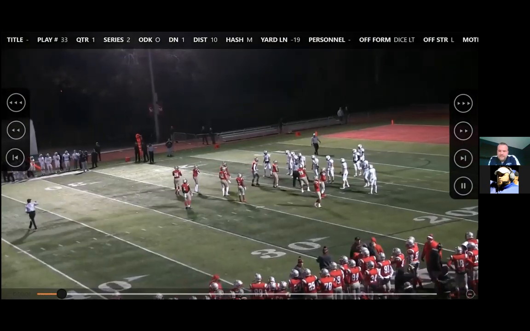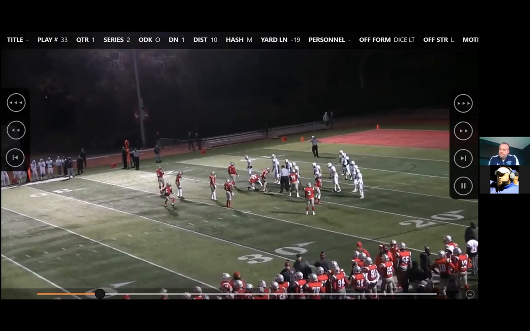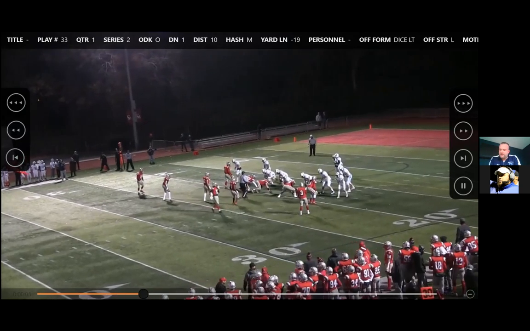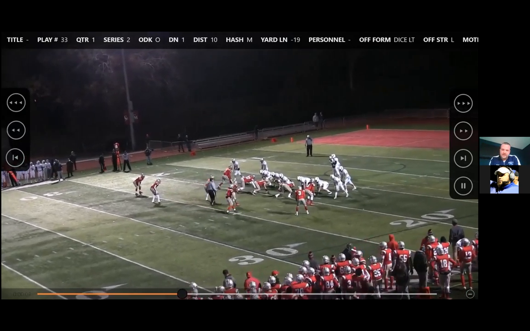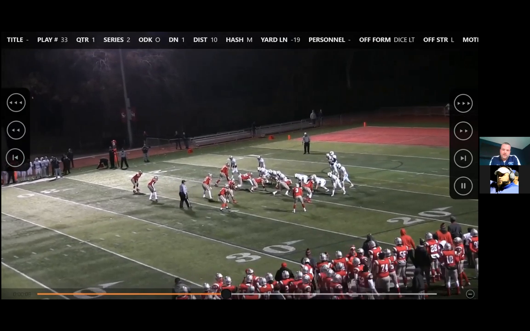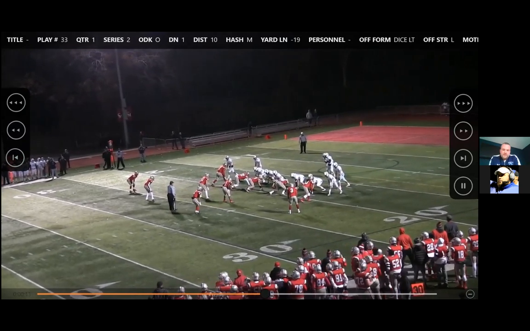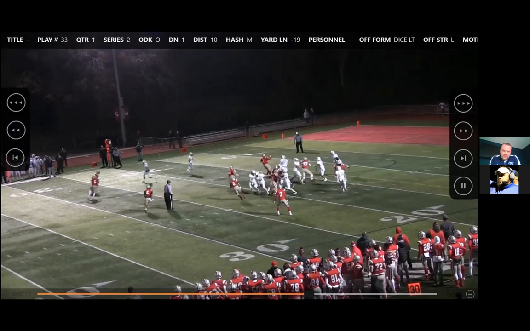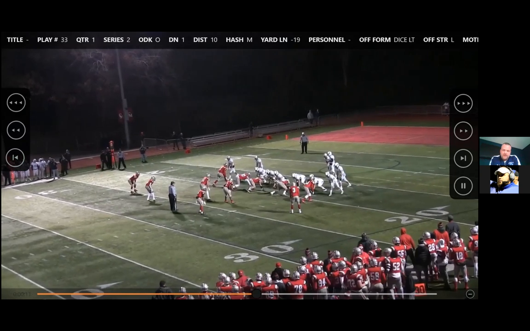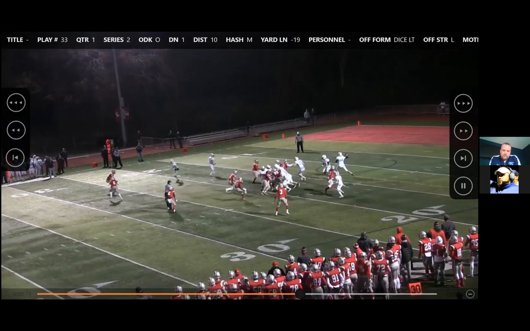All right, lastly, this is that flat screen. So same deal. Now here we're running split zone, so you're going to see the tight end coming back across, but up at the top, the quarterback's right. You see the flat screen, and that's what we're talking about. So see how we're just able to gain more width, we feel this way,